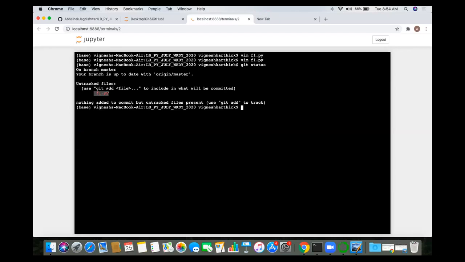I forgot to do one thing. Everyone has done this vim f1.py. Yes. Okay. Do one thing. Do rm f1.py. Is it done? Now do ls. It is empty. Only readme.md. rm stands for remove. So rm is for remove.